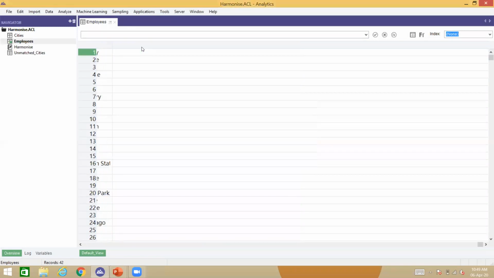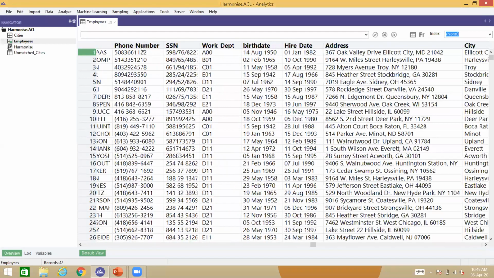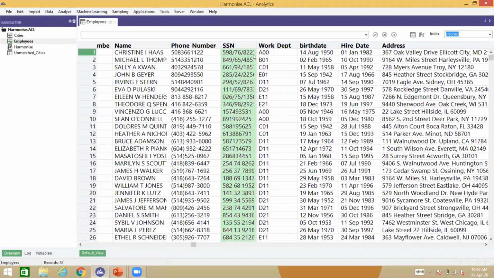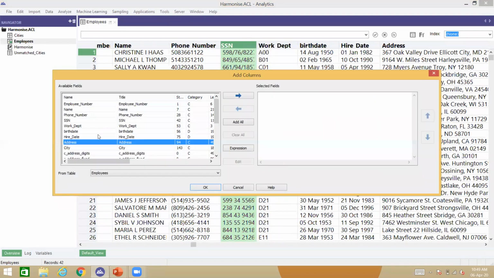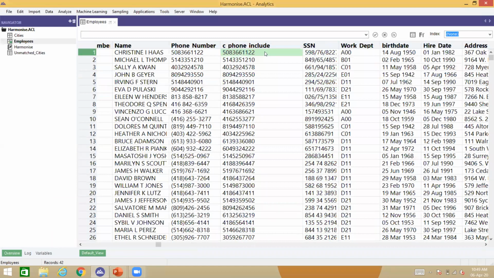Okay, so we have got this phone number column. Let me just add the one in that we harmonized slightly. Phone include. Right, so this one here has no brackets, no dots, etc. Now, sometimes we want to insert formatting in there to make it pretty, but sometimes we deliberately want to insert formatting because it will help us to do our joins and our relates and our summarizes and cross tabulates and whatever else. So let's suppose I want to make the phone numbers, all of them here, look like this